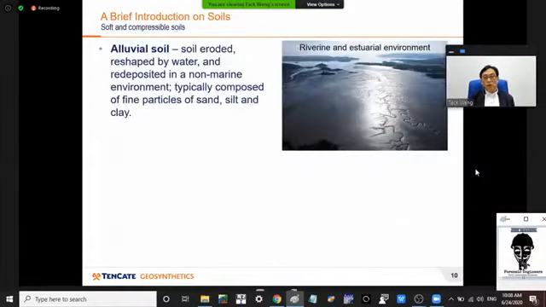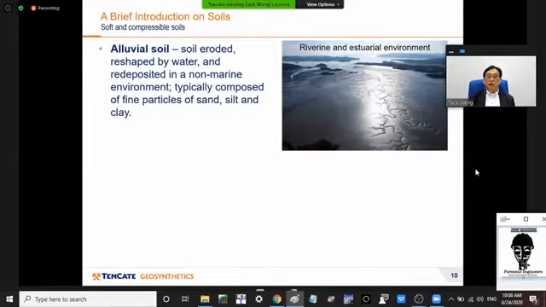What are soft soils? Soft soils generally, as the term indicates, are soft or weak, and they are also compressible. And they are formed in a number of ways. Usually they are eroded and then carried by water, like for example, streams and rivers. And some of that gets deposited very early. Those are heavier particles. And some of them are carried much, much further.